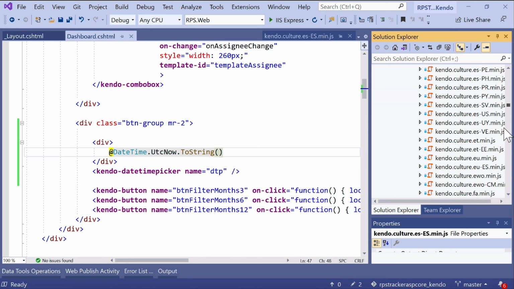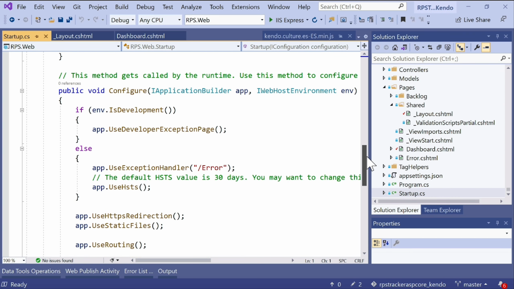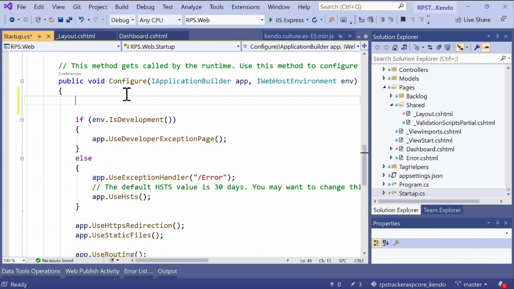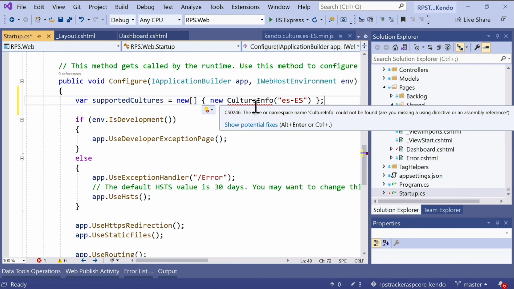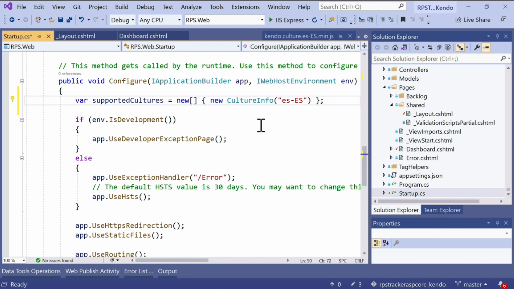Well, in order to do that, we're going to have to go to Startup and find where we configure our application, which is in the Configure method. Here's where we're going to specify the cultures that we want to support. I'm going to do that as the first thing in the method right here. So I'm going to create a new array of CultureInfo objects. I need to import that from System.Globalization,